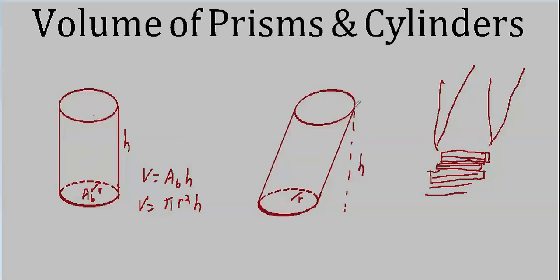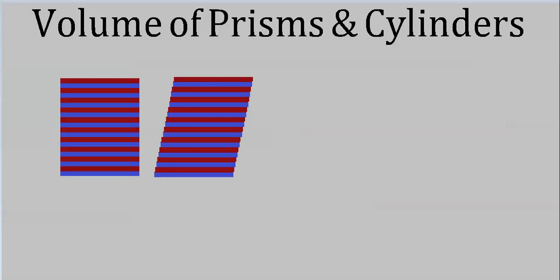So as long as the height is the same and the cross section would be the same, then you've got the same volume. So each of these would have exactly the same volume. That seems counterintuitive, I know, but it works. And maybe this is a better way to look at Cavalieri's principle. Suppose these were, say, DVD cases. You could stack them up straight, or you could stack them up offset. It's exactly the same number of cases. So the volume would be identical.